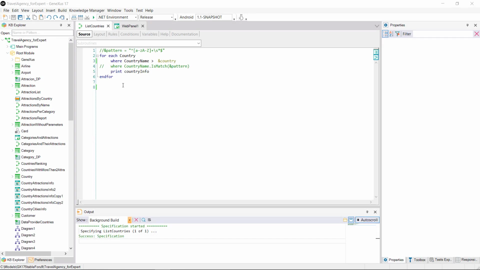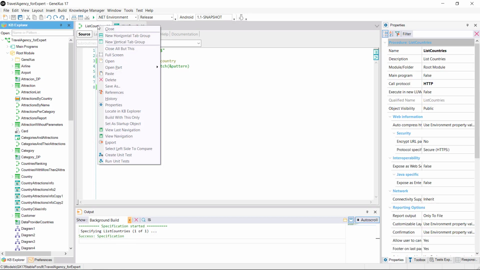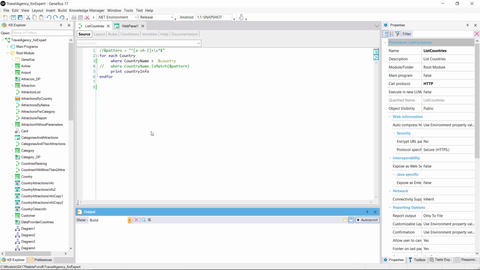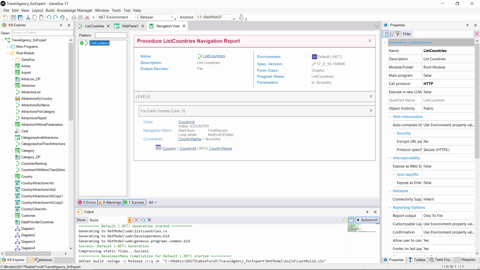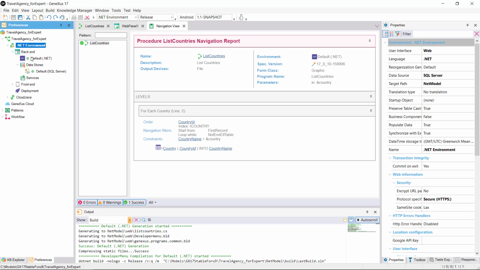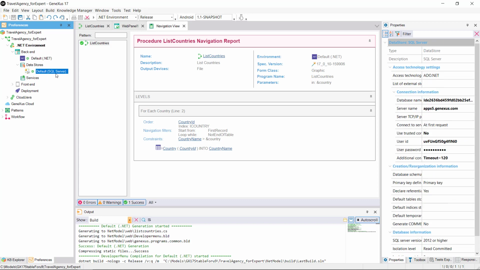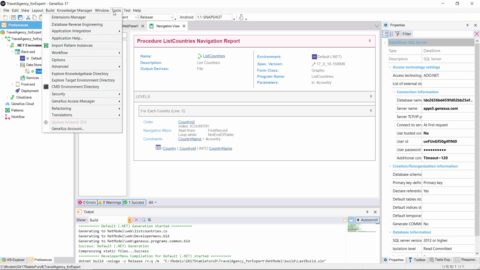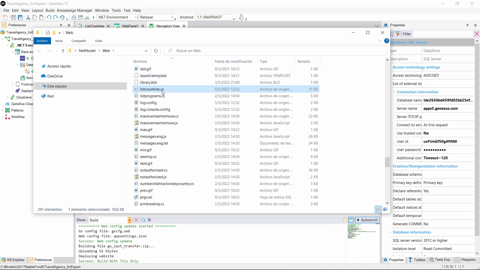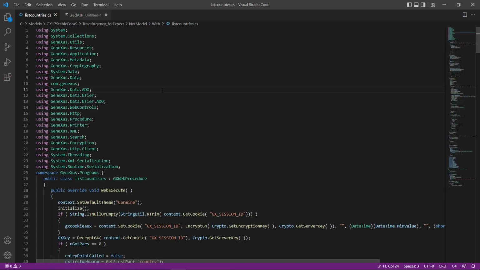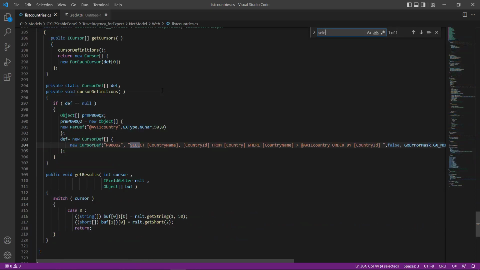For example, here we have the first proposal. We ask it to build the source program. We look for it in the environment directory, which is .NET against SQL Server. We open it and look for the select.